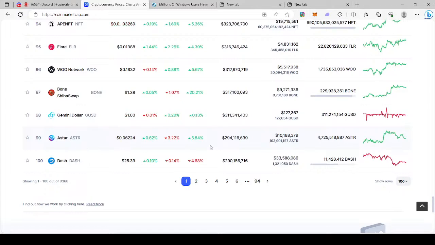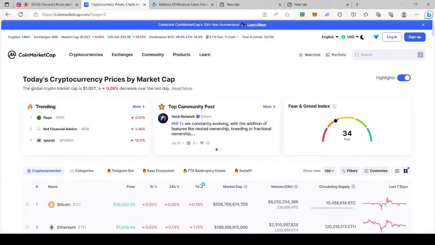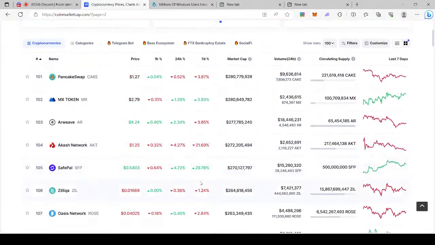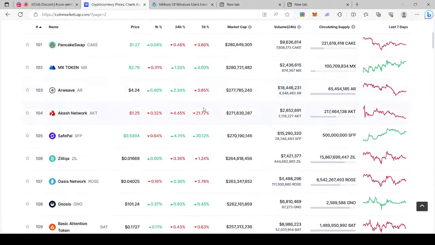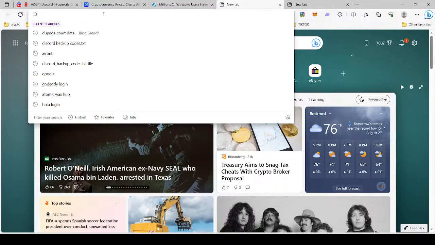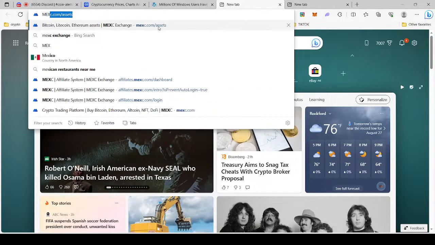Here's Aster, 5%. So this just kind of gives you an idea what's going on out there. You can go up to the first 2 pages to get an idea. And here's AKT. And then you can always check whether or not this is in your MEXC. I'm not really sure. How you do that is you just go to your MEXC. You want to make sure that it's actually